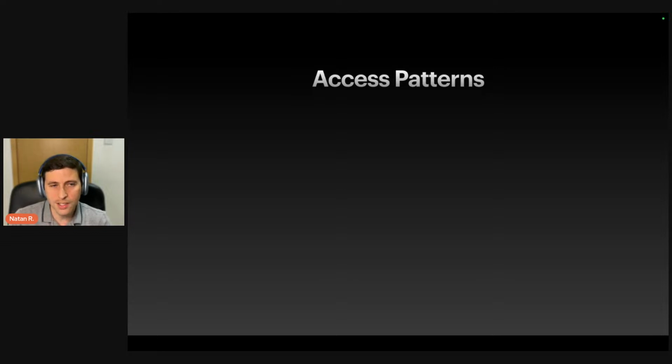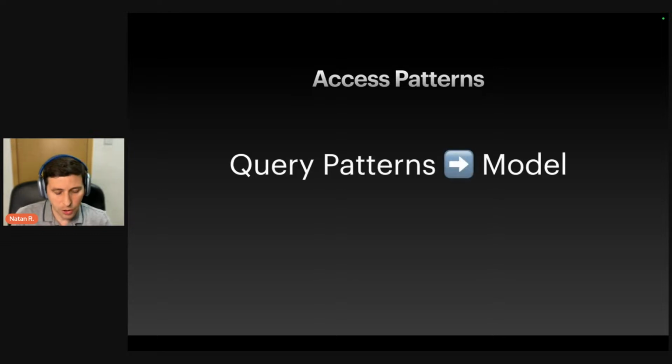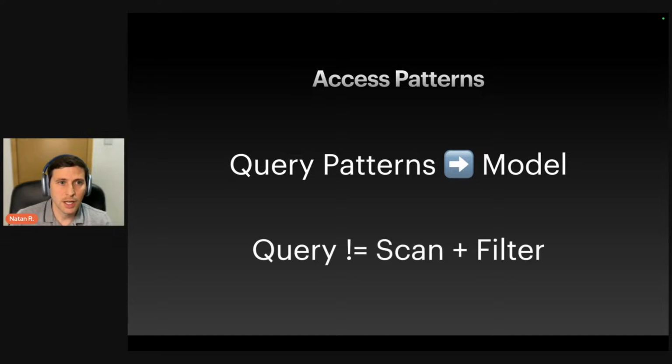So what does access pattern mean? It means that your query patterns are going to dictate how your models are going to look in the table. And this is very important because you might eventually need to do migrations after that. So plan ahead really well how you're going to fetch, how you're going to query your data, and only then go ahead and start modeling. And